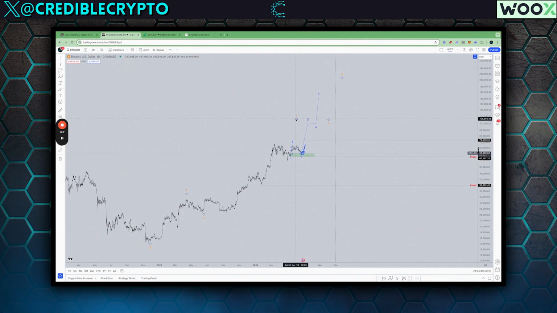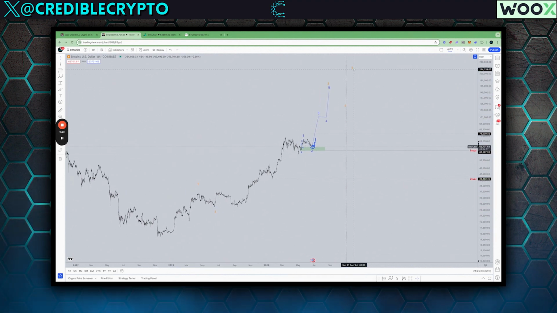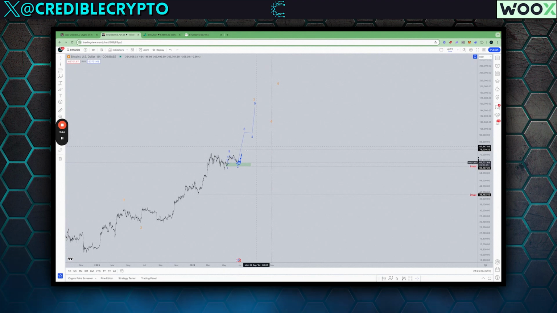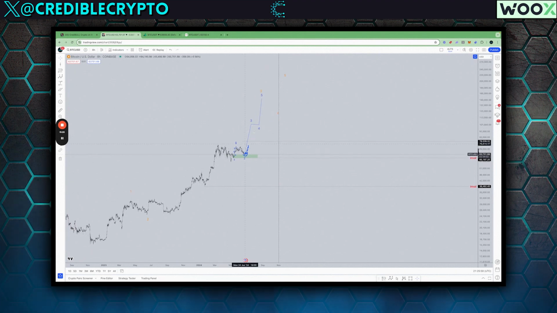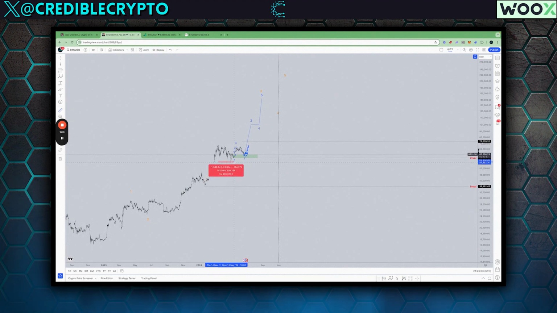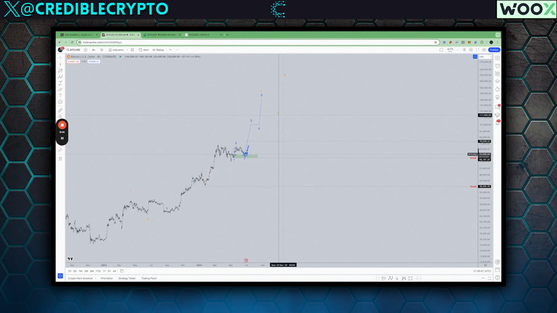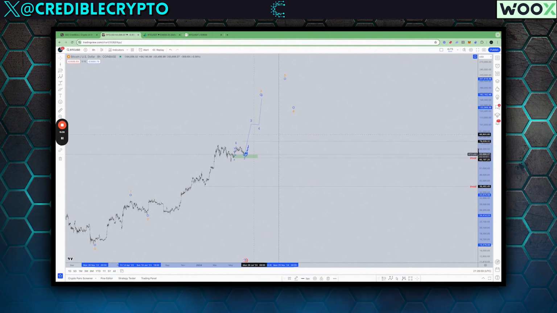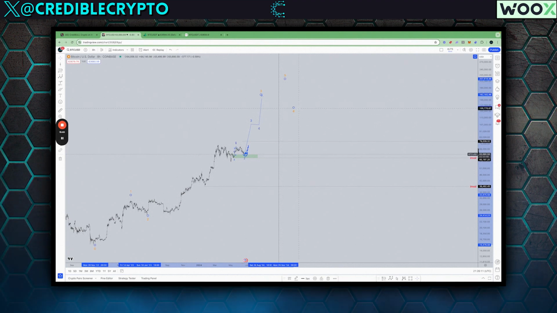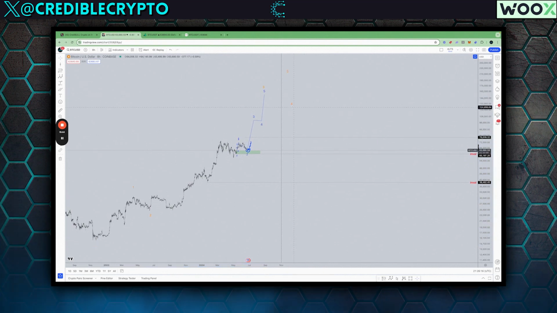So this type of a structure where we were still working on our third, then we get our fourth, then we get our fifth, likely pushes us past that deadline. Mainly because if this correction here is not the major fourth, it has taken already 60 days to play out. And if this was a minor correction within this larger third, then the major fourth that's coming up would take longer than 60 days to play out, probably 90 to 100 days to play out. Things just extend a little bit too far, in my opinion.